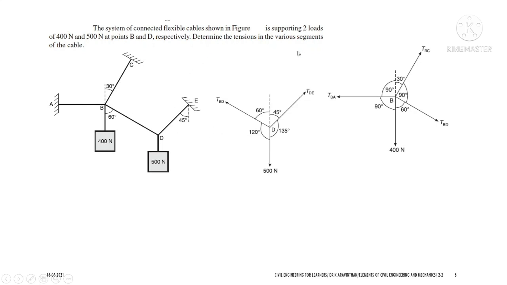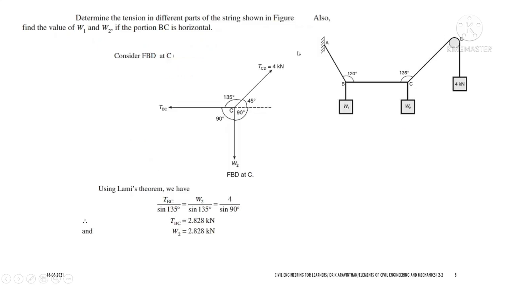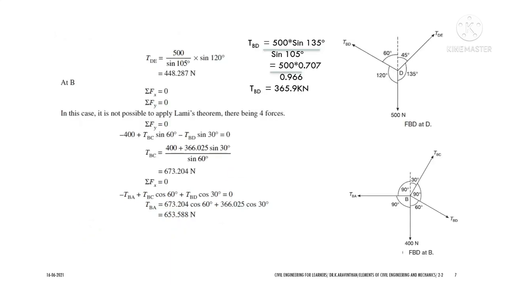So all the various segments' loads have been found out. Okay. So this was a different problem. Why? Because if you can solve using Lami's theorem, you have to use that, or else you can use resolution of forces in order to find the solution. Make sure that first you take the minimum number of unknown forces. So first, if you are taking this point, that is the point B, you will be having 3 unknown forces, so this could not be solved.